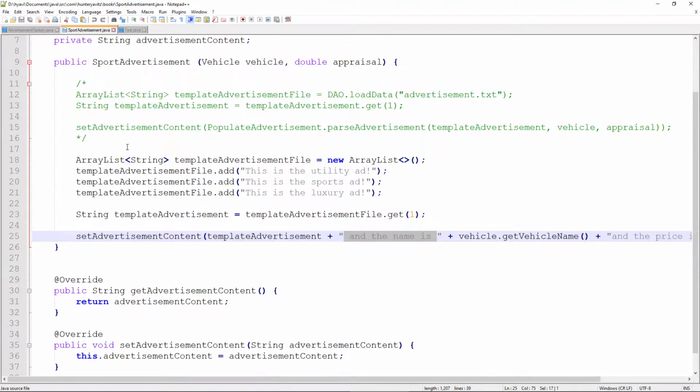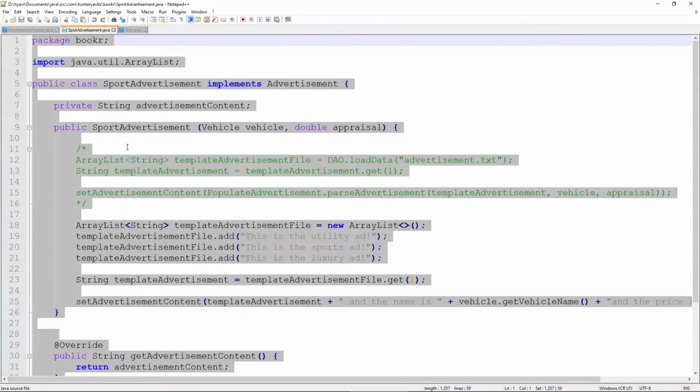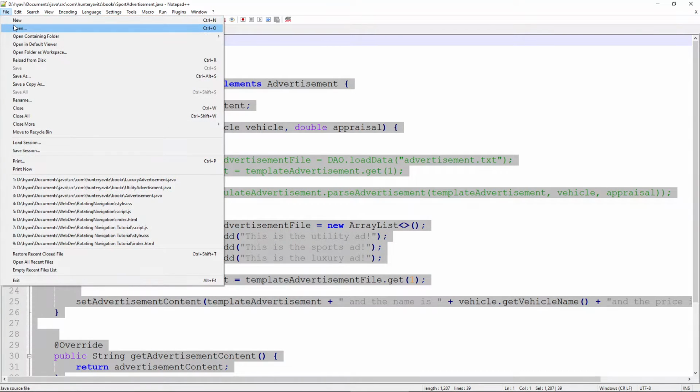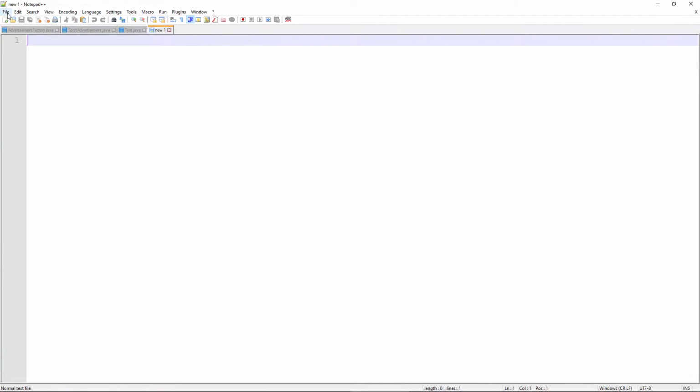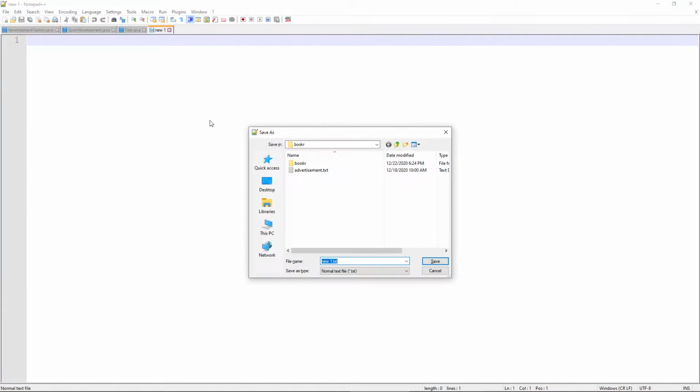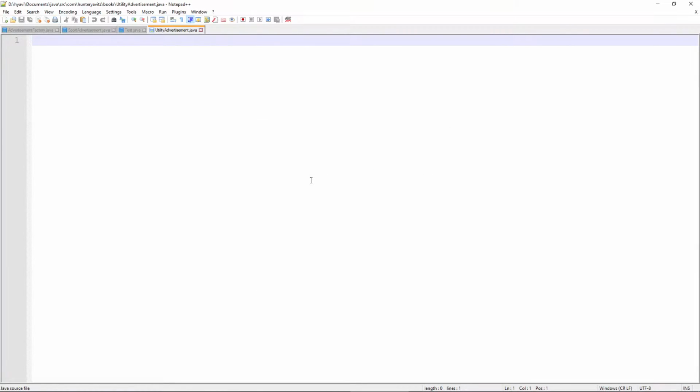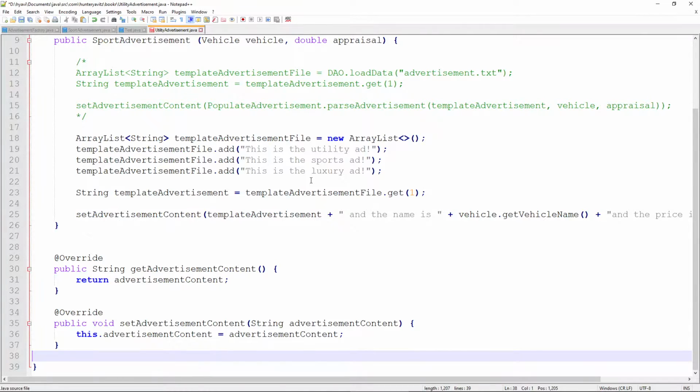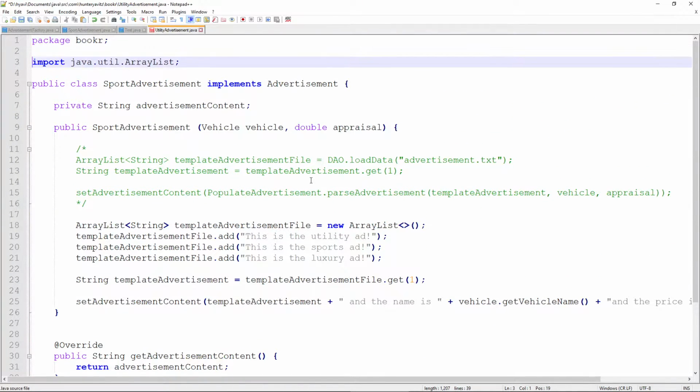So now all we're going to do is copy and paste everything in the sports advertisement class. So we'll do a select all and copy, and we'll open up a new file, and we're going to save this one as utility advertisement.java. We'll paste in everything from the sports advertisement, and the only changes needed are going to be changing the name of the class to utility,